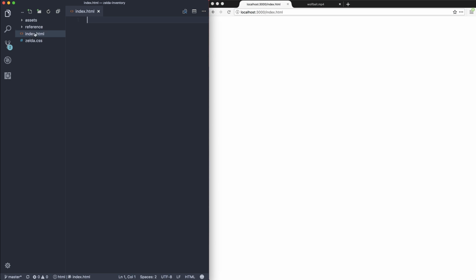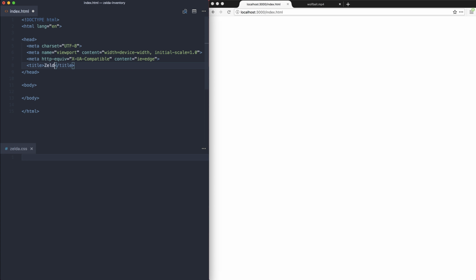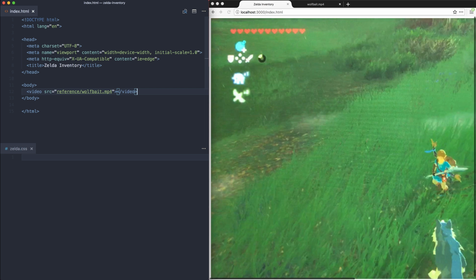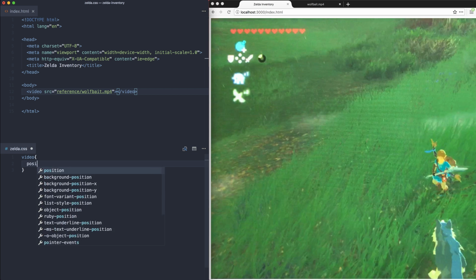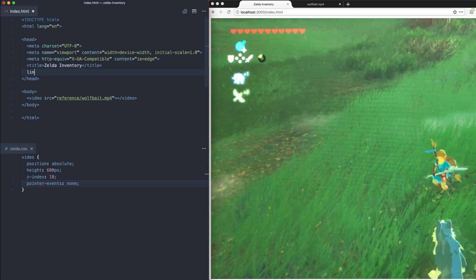We'll use an Emmet shortcut here to create this HTML quickly, give it a title, and make sure that our changes are working. Good. I find it helpful to have a video of the game as our background, so that we can build the UI on top of it and make sure that we line things up in the right spots. One little trick when you do this is to give it pointer events none, so that as you try to inspect things in the DOM with the dev tools, the video is not going to actually get selected, which is nice. Okay, let's link up our CSS file,